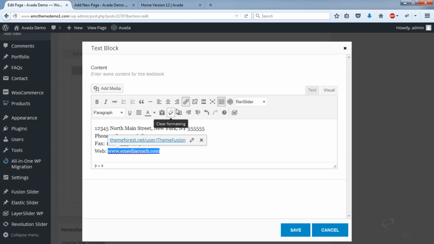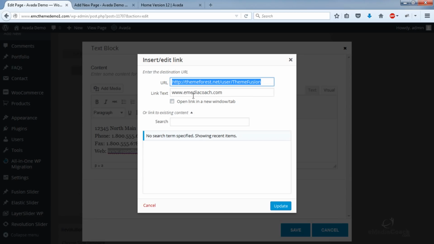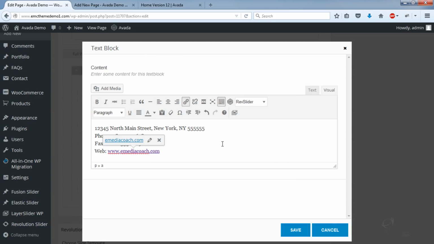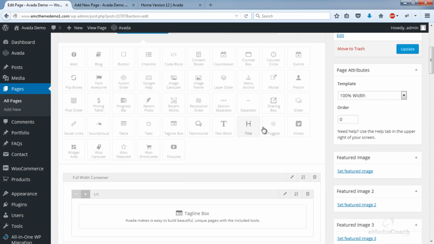And you can actually add a hyperlink by using this icon over here. And you can choose to make it open in a new window or tab, or otherwise it will open in the same window. Okay. Save when you're ready, and let's check out what it looks like now.